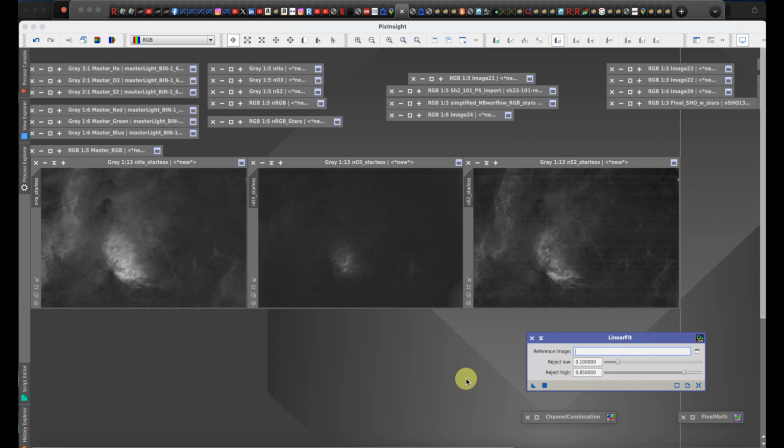Some guidance tells me to use the image with the strongest signal. In this case, it would be the hydrogen alpha, and use that as the reference image. And then when it's applied to the other images, it will scale those images up to match. In my experience, I haven't liked the results I've gotten when I do that. When you have a very weak signal, like we see here in oxygen 3, there's a lot of upscaling that ends up happening to bring it up to the same levels as the hydrogen alpha. And I find that it looks noisy, there are noise artifacts,